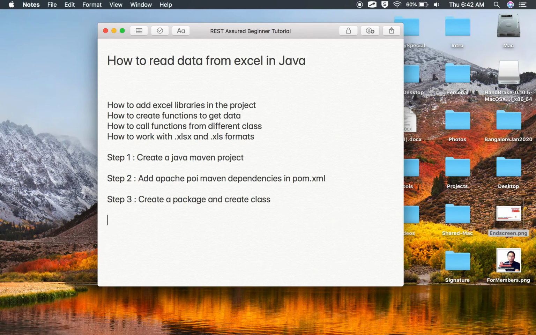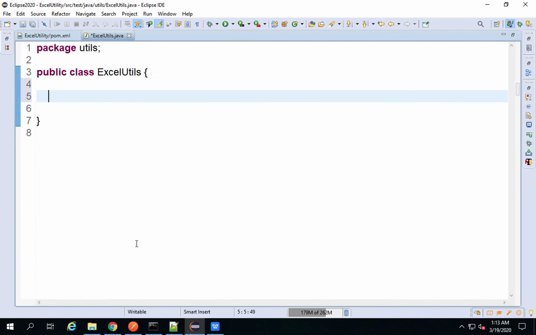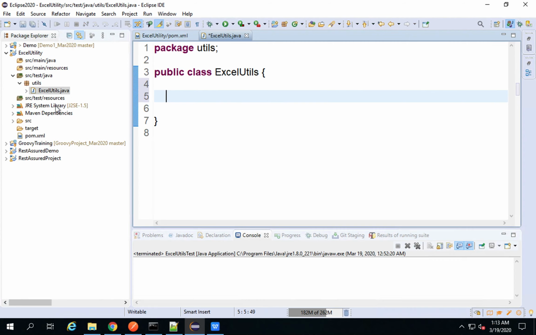So here step number 4 is create a function to get row count, and actually before this I should be having an Excel file created. So I will say create an Excel file and add some data, and then this is step number 5. So I will go to my project itself, and here